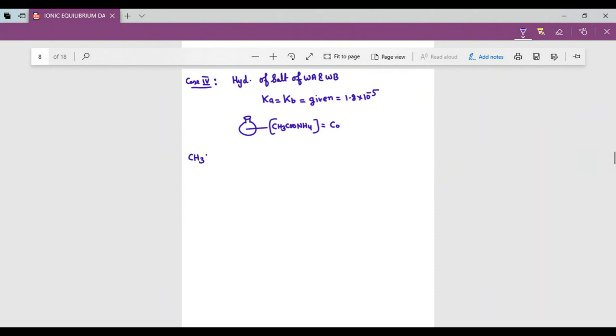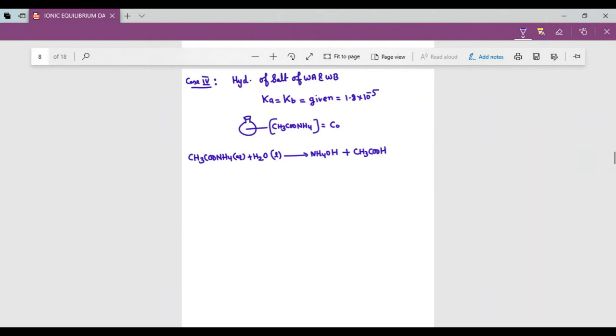So if we write ammonium acetate present in the solution, it will react with water molecule to form weak base, either I will write NH4OH in this form, right? And weak acid CH3COOH. I can also write this base as ammonia in aqueous state plus water. Both are correct. There is no problem in that.